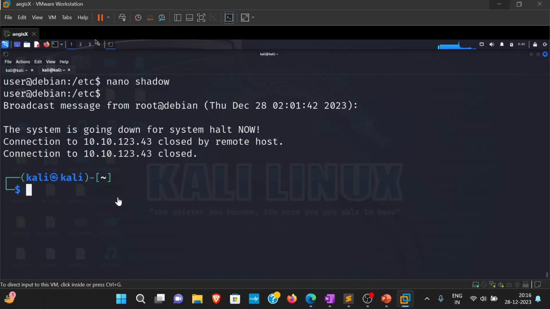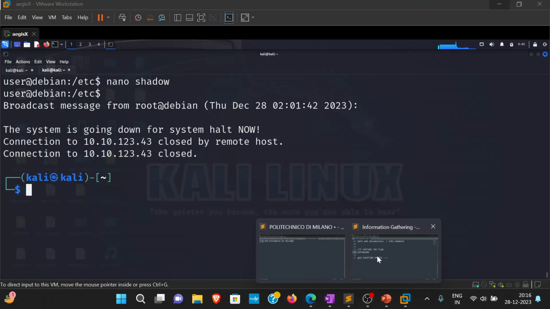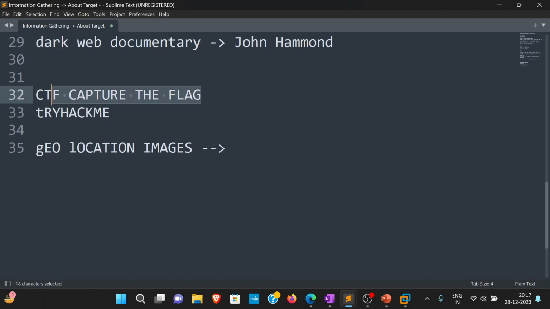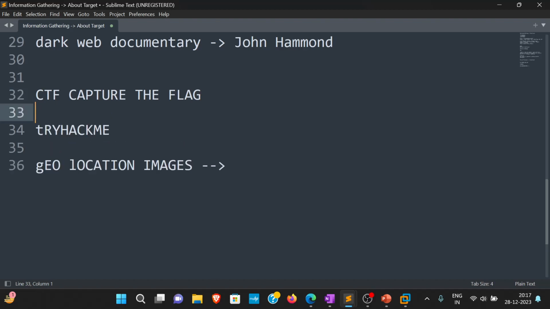Yeah, see here. I have written, if you guys are not familiar with CTF, I'll explain that. The full form is Capture the Flag. It is like a treasure hunt where you solve some questions or challenges, and then you are given a flag. You can treat this flag as a clue or an answer. You will be solving some riddles. Like in a treasure hunt, you solve riddles, some clues are given to you, and you finally get the main treasure. In Capture the Flag, it is the same